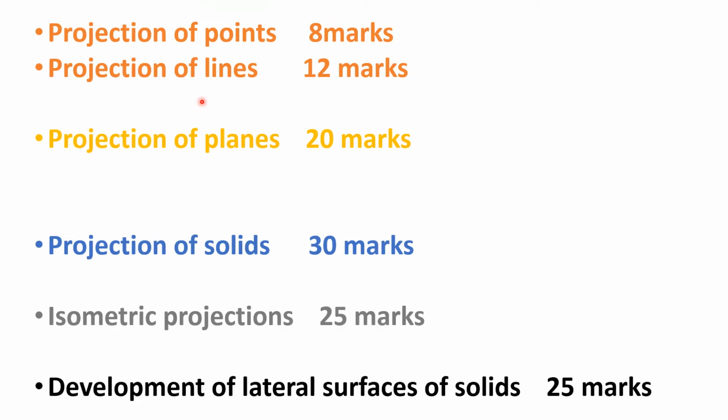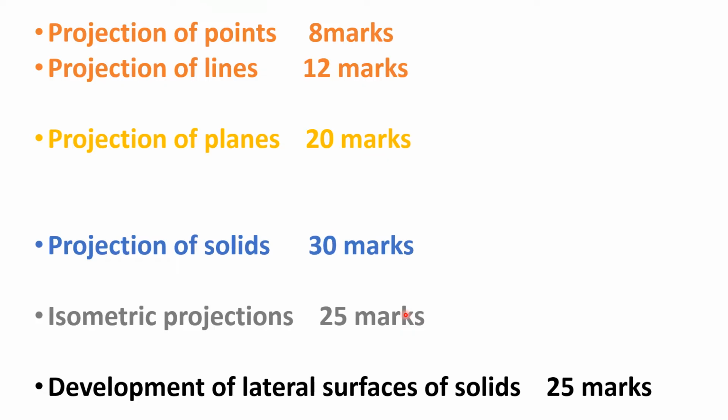And in the exam, it's a final semester exam, there will be one question either from the projection of points and lines combining both for 20 marks, or there will be a question from the projection of planes. There is no choice. One of the question may appear as question number 1, which carries 20 marks, and question number 2 will carry 30 marks, and there is no choice for that one, which is of projection of solids. And then isometric projection, which will be there for 25 marks,